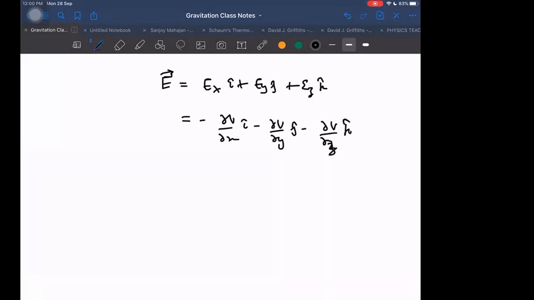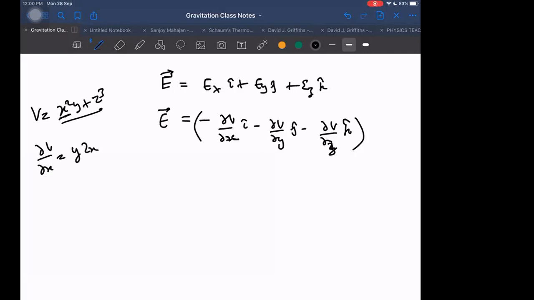Okay. Don't worry that it appears to be tough. There are so many partial derivatives, but it is a very simple, easy relation. For example, if I give you a function, x square y plus z cube, can you not take the partial derivative? Partial derivative means I take x as the variable and y and z as constants. So del v by del x: x is a variable, y is a constant, so it is 2xy, and z cube gives 0. These are very simple to calculate. Writing can appear tough, but it is very simple.